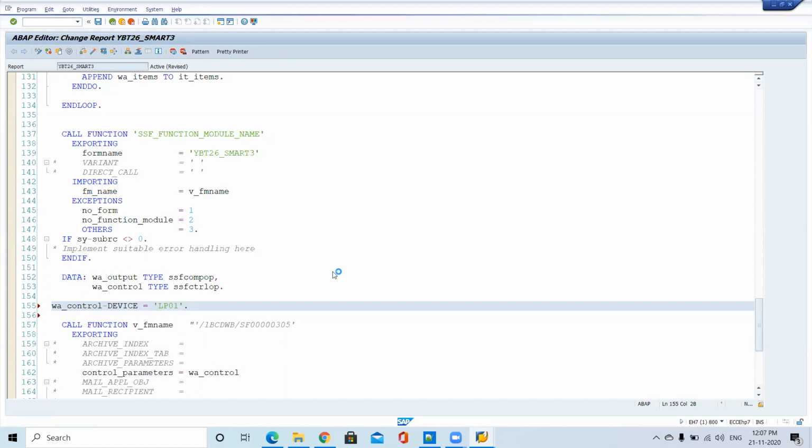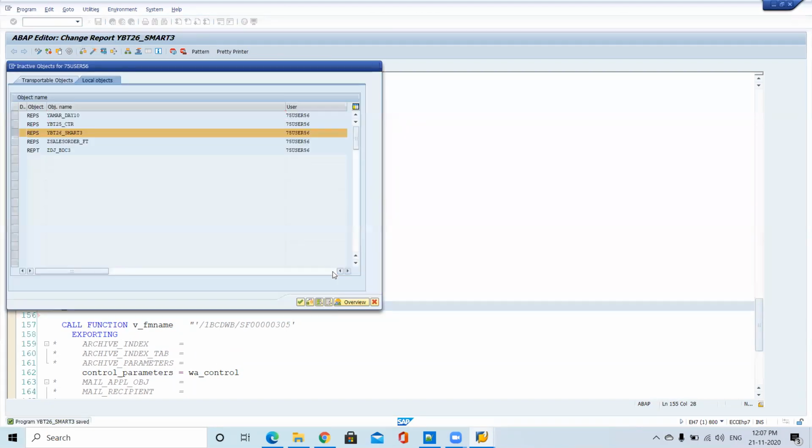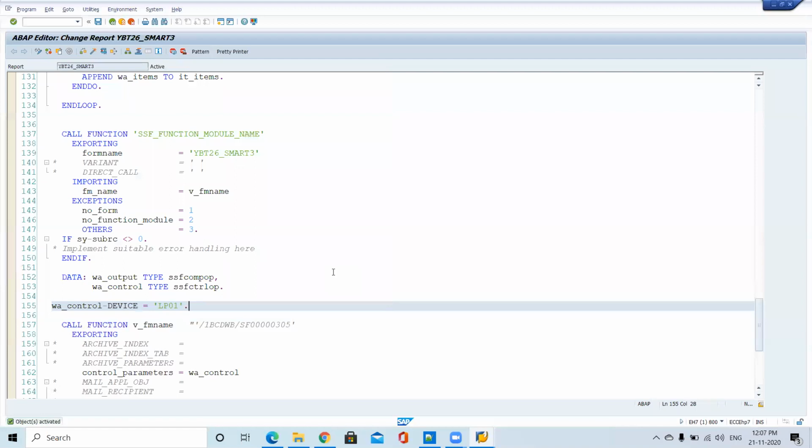So previously what we did, we configured this printer at the system level, meaning for all the smartphones, LP01 we have given. But now they are telling that we need a different printer for this particular smartphone. Then how to pass that? By using a controlling parameter, you have a device name, and then you have to pass that device name here.